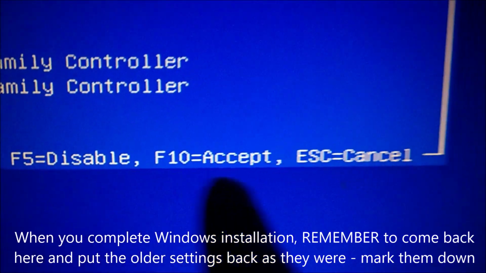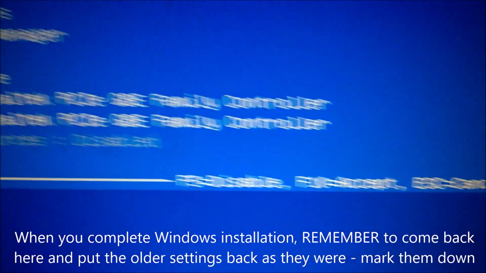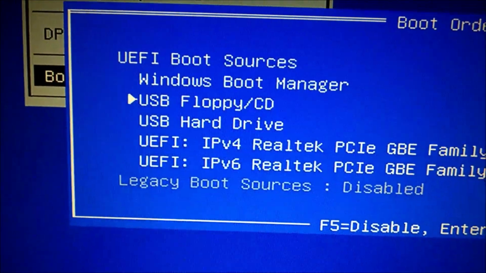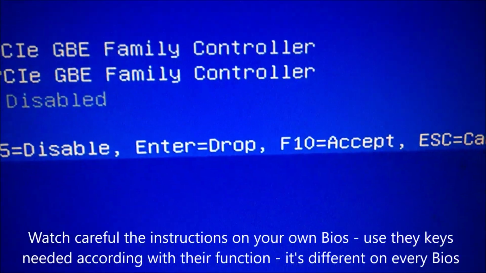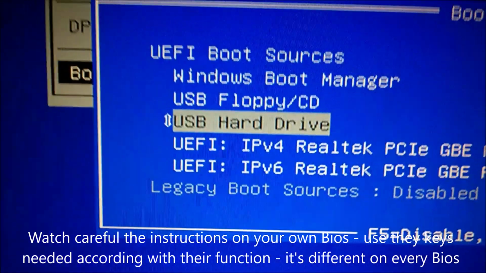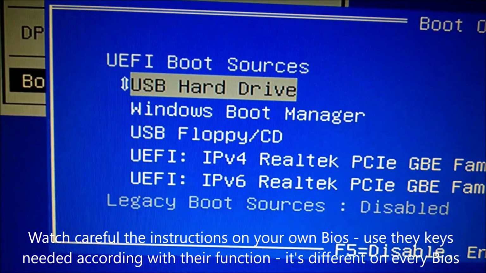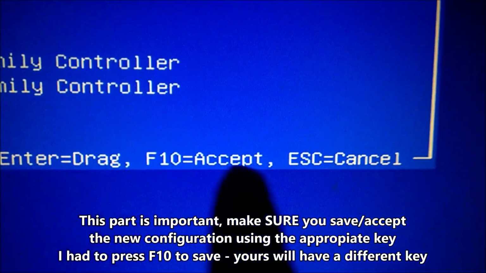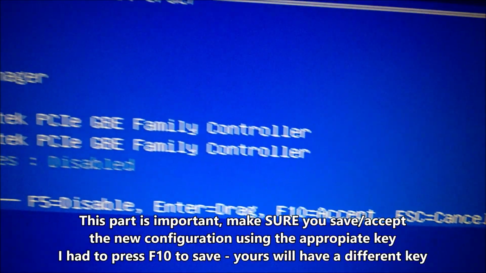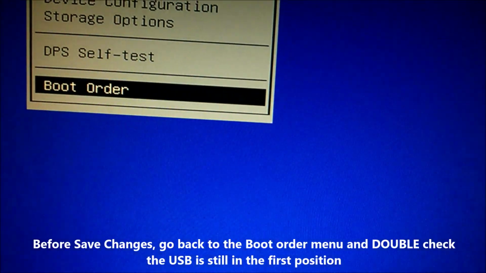Also notice the options on how to change this thing. So I'm just going to use the arrows, select this guy, and press enter. It says enter to drop, but it may differ on your computer. Enter again, and to save these changes, we need to press F10. So don't forget all these small details.